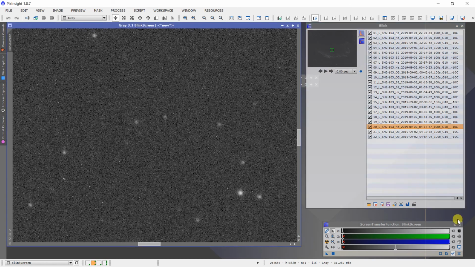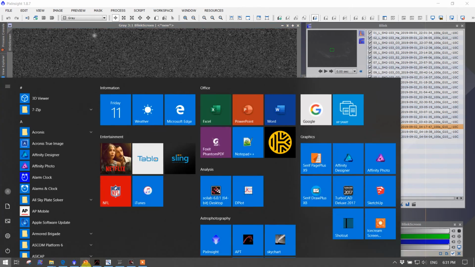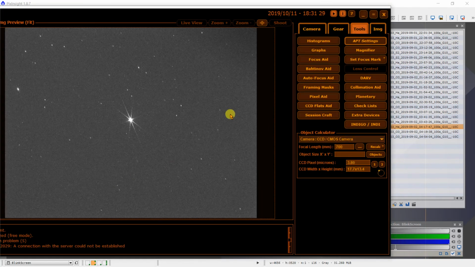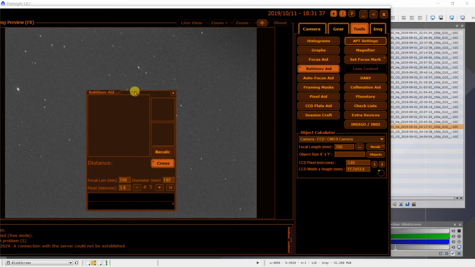Now, one of the things that I noticed, again going back through these images, is I need to do a better job of focusing anyway. For example, the way that I have been focusing, I've been doing this in APT with the Bahtinov mask and the Bahtinov focus aid that is in APT. Here's an image, for example. I usually take a final screenshot of the Bahtinov mask image. So here's what I would be looking at through the camera, and then I would bring up the Bahtinov aid,